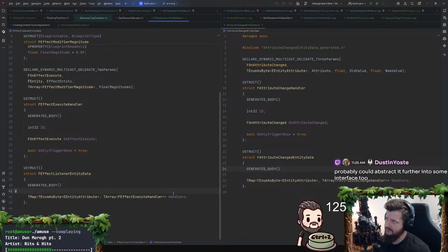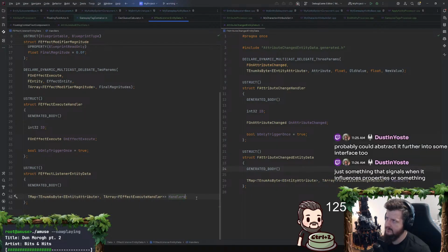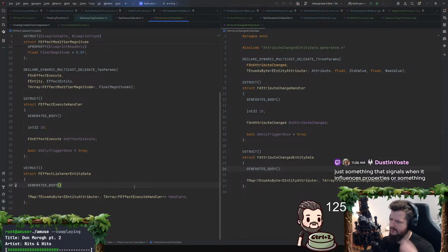Probably could abstract it further into some interface too, just something that signals when it influences properties or something. I don't know what you're saying to abstract into an interface. But I don't think that there's anything here that can go into an interface, because it's ECS data.